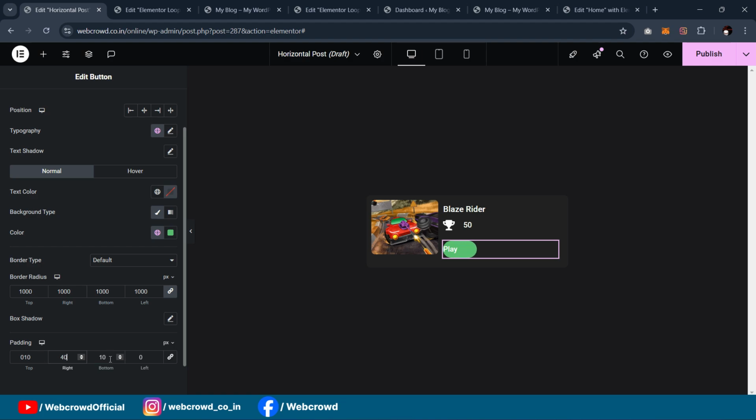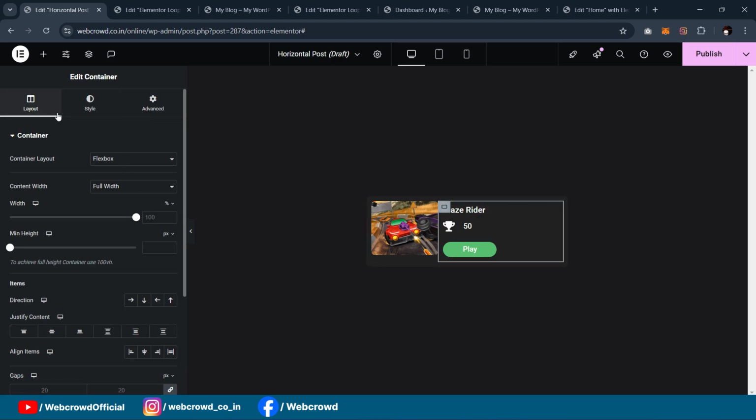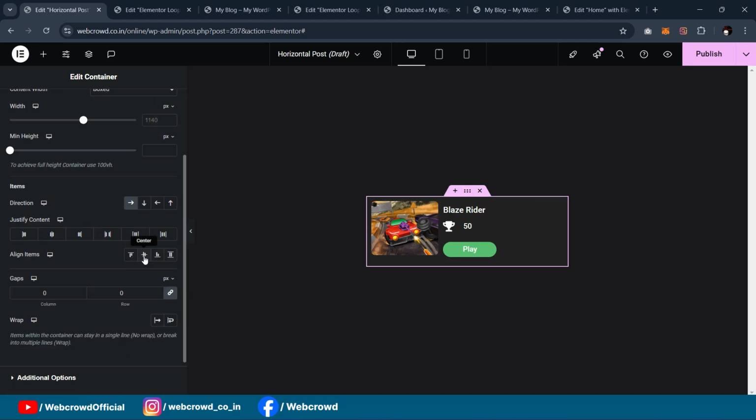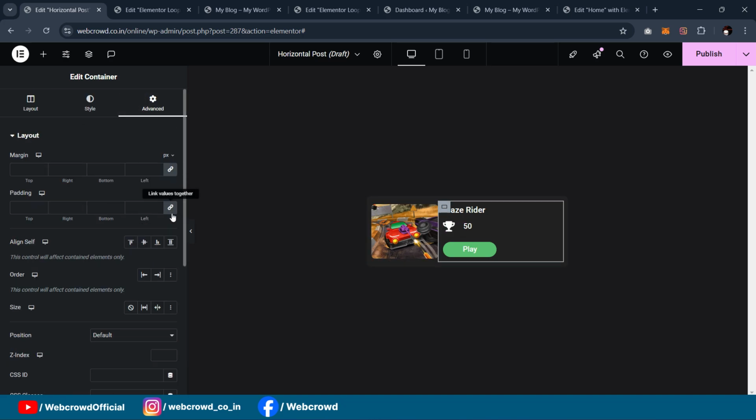And we need this button long like this. I will reduce the margin padding from top to bottom. Okay, select this container and I will align items to center. Select this main container. Okay, and here align items to center. I will set this padding from left and from top to 5 and bottom to 5. Okay,